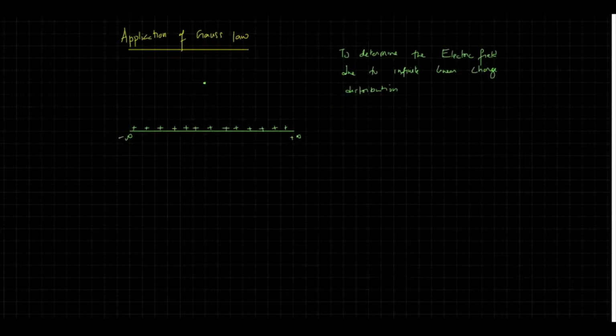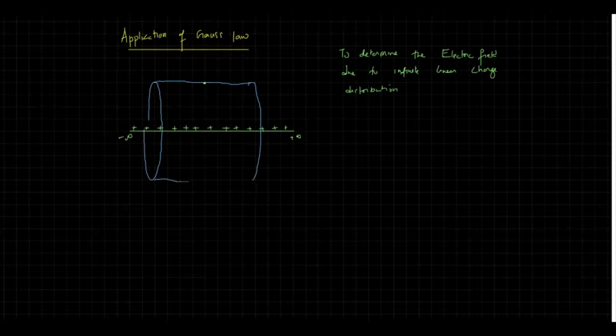How? As you can see, Gauss law says that the flux through any closed surface is equal to 1 by epsilon times the net charge enclosed by that closed surface. So why don't we do it like this? Our interest is to find the electric field at this point. In order to do that, we will draw a Gaussian surface. The Gaussian surface which is going to enclose this whole thing will be a cylinder. If we draw a cylinder such that the observation point P lies on it, then this becomes my closed surface.